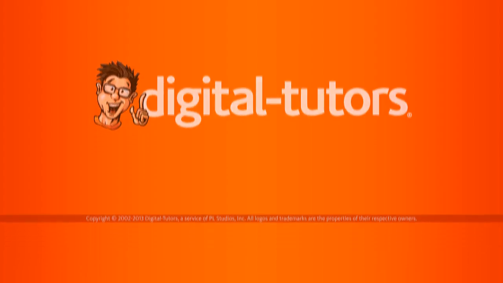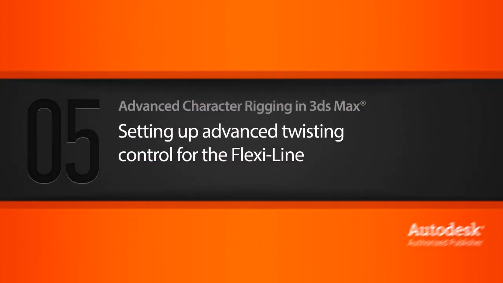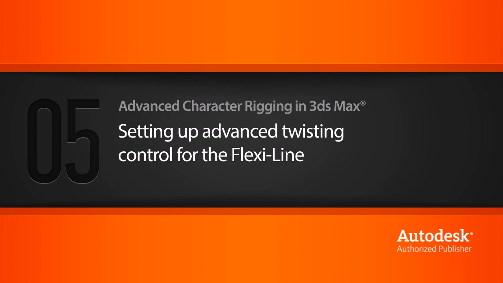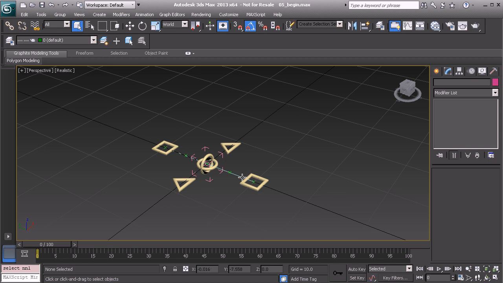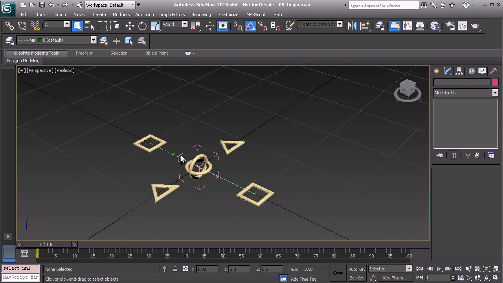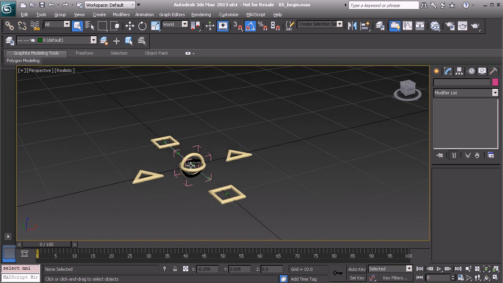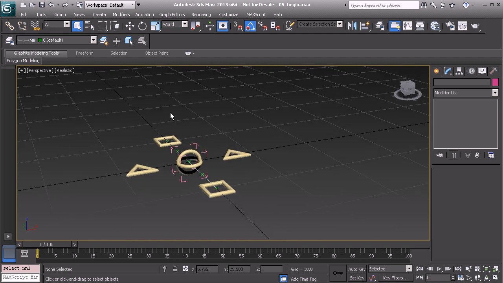In this lesson, we'll work on the Flexi Line's twist rig. So here's how this is going to work. We'll create a new set of helpers, and these helpers are going to be look-at constraints. And the beauty of working with look-at constraints is that we can create up nodes to drive the twist axis of each constrained object. So what that means is we can then create an expression to drive the twist distribution